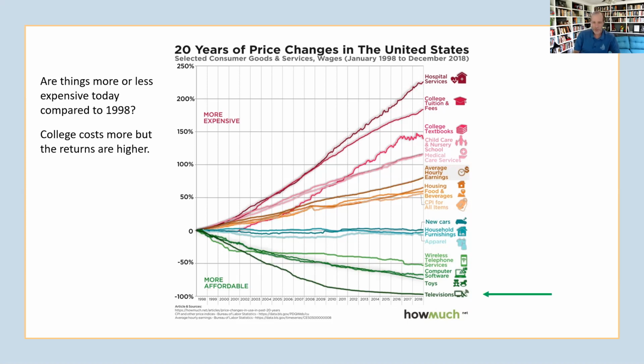TVs are so much cheaper than they used to be. These electronic goods at the bottom here are way cheaper. I remember how TVs used to be so expensive. They'd also last for 20 years, but were so expensive. Getting a TV was a huge deal. Computers are way less expensive than they used to be. Household furnishings, these goods are way cheaper, and a lot of that is because they're made overseas now. Although, looking at some of these household goods in the last 20 years, prices haven't changed all that much. So some things cost way more, some things less, and some things about the same.